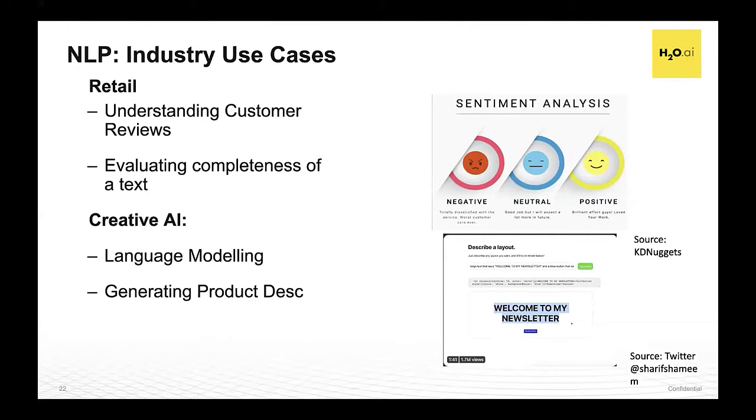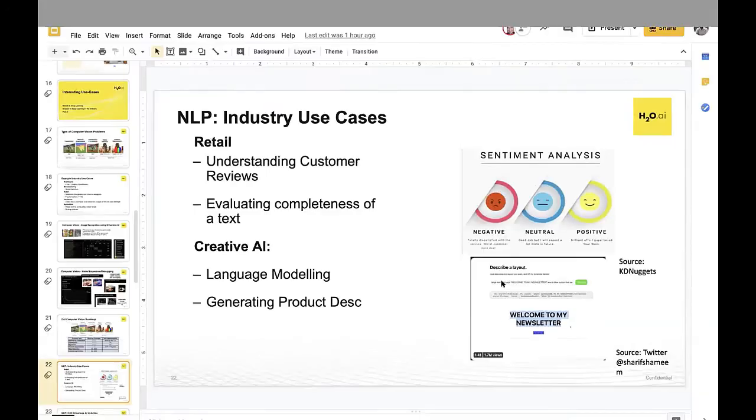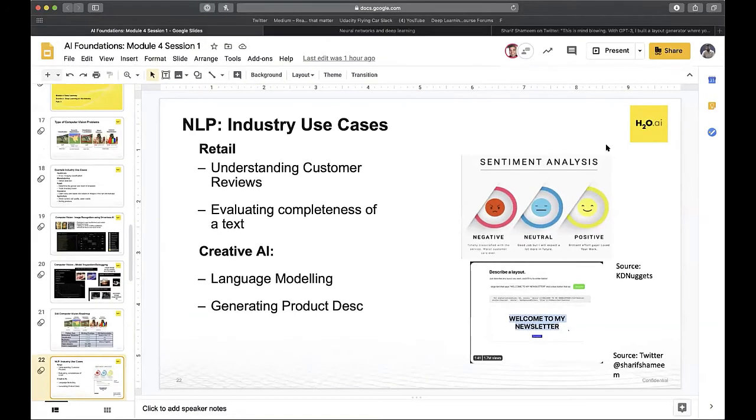Deep learning recently has also shown a few interesting examples of creative AI. A simpler one would be generating product descriptions. So for higher rankings across search engines, you'd like your text to be better written, and you could generate text using NLP models. For another interesting one, I'm going to pause my presentation and hop off to another interesting